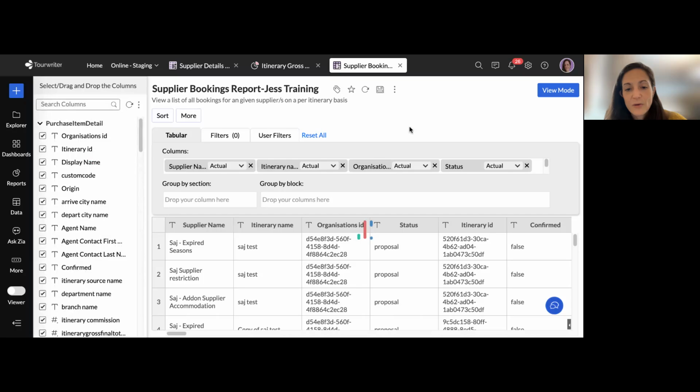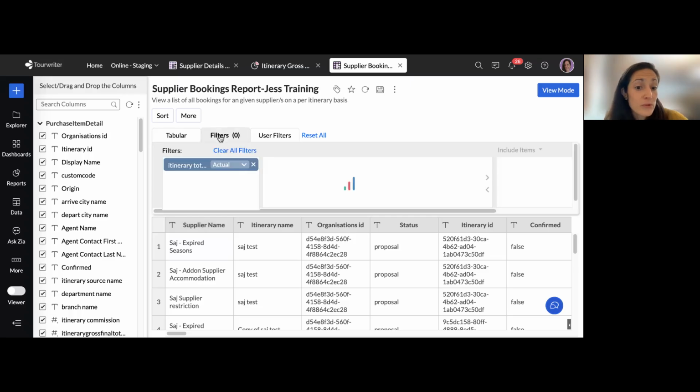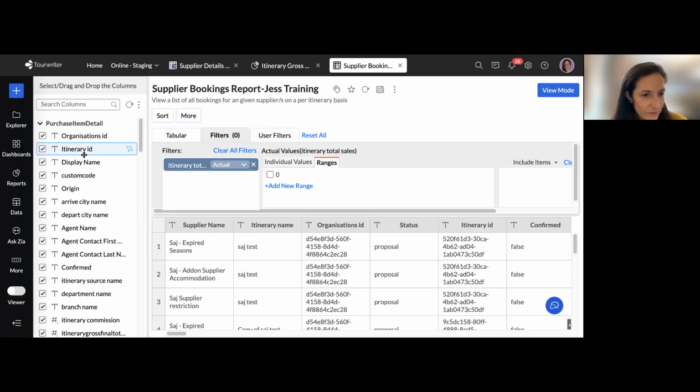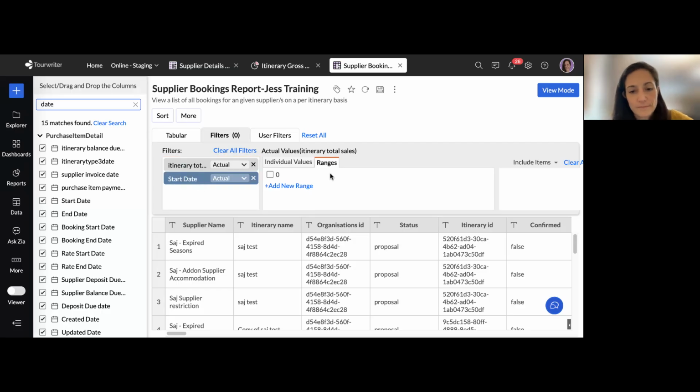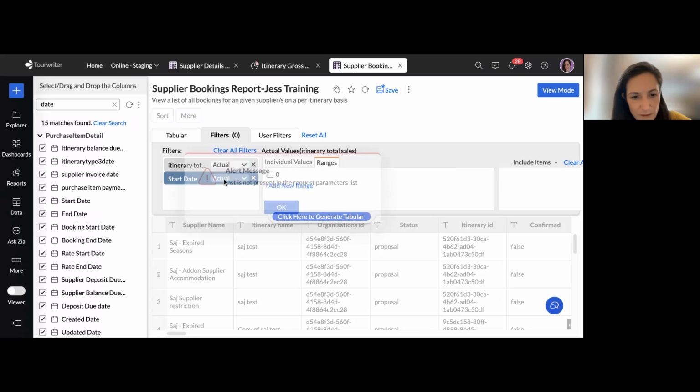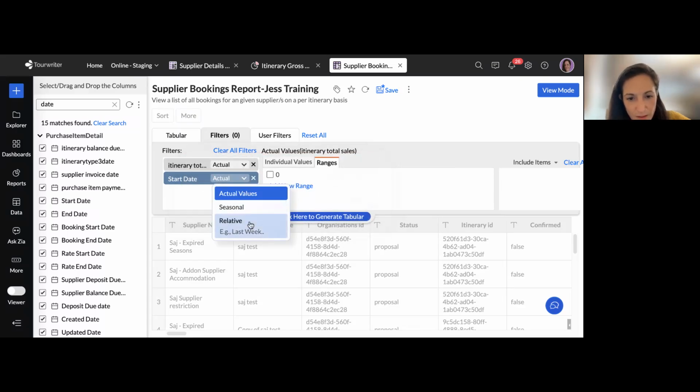But if I said, you know, I want to make that section a bit more simplified, I only want to see bookings for 2026 in this particular report. Then here in your pre-filters, what we could do is find the date. For example, let's say start date. Let me clear this out. Start date, oops. And then I think if we do